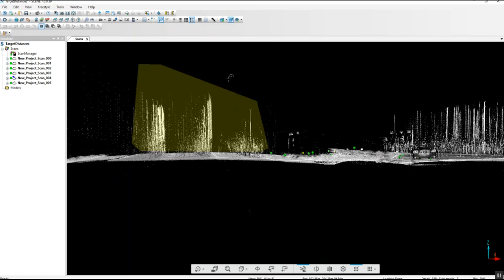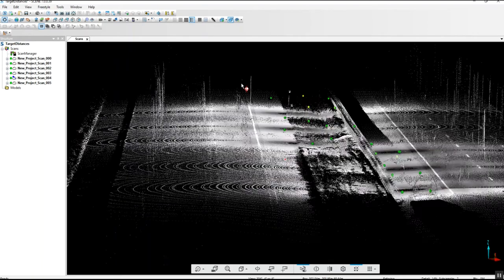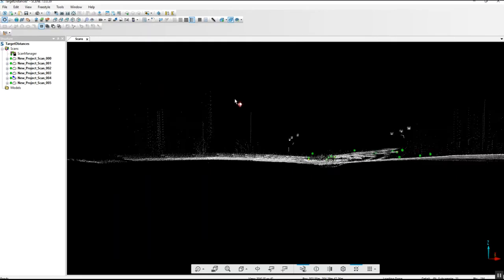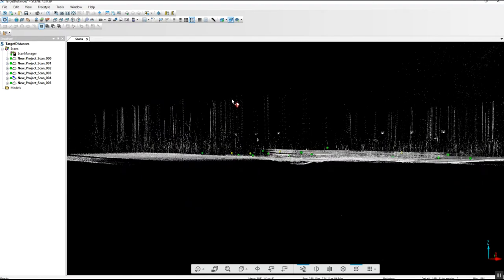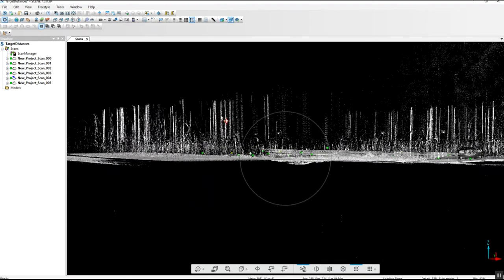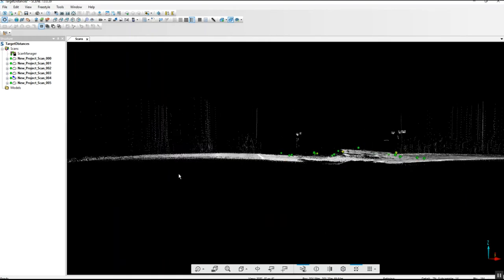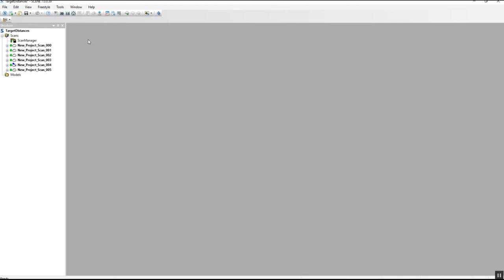Now, while we can do that, many times you'll find that data that's important to your project is going to be maybe behind this. You'll have a street light, you'll have a stop sign, maybe the road has got a bit of a change in elevation or a curve in it, and you end up deleting more than what you want to. And once you save it, it can be a real pain to try to bring that all back. So I prefer to just do this a little bit slower and go ahead and open